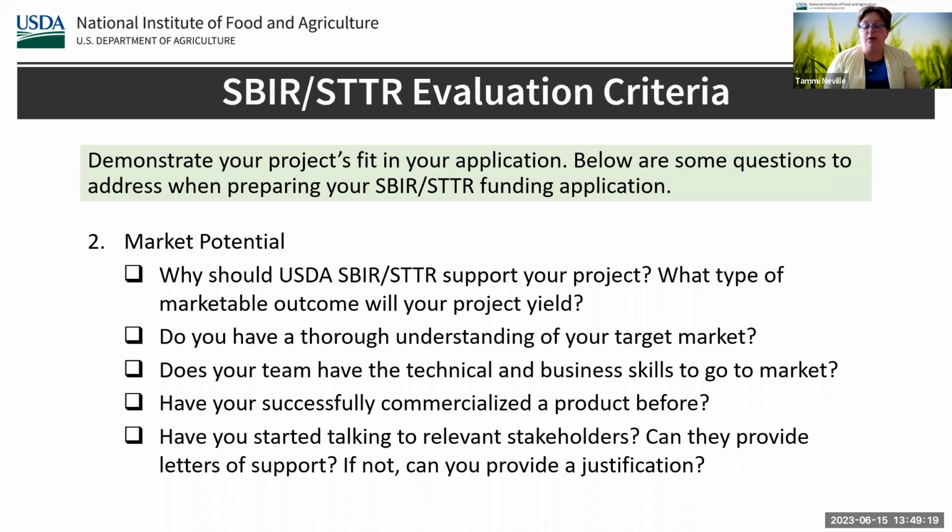If you don't have somebody within your team that has technical and business skills, acknowledge that and either find a TABA, which is a technical and business assistance vendor, or for phase one, you can elect to use the USDA TABA vendor. If you have no clue where to even start to look for a TABA vendor, we have one available for you. So make sure that you realize the weaknesses that you have, if they do exist, in that technical and business